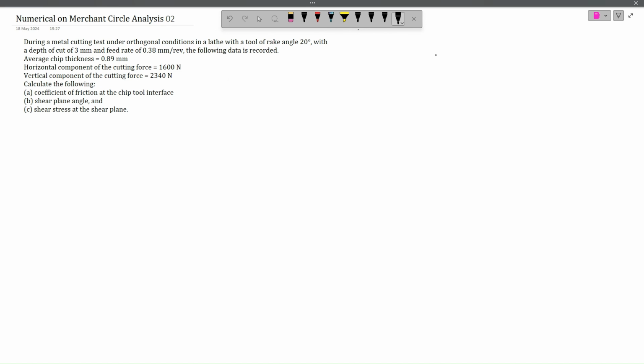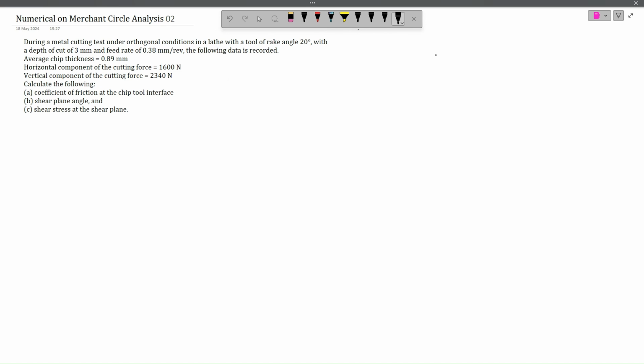In this video, we shall see how to solve the given numerical using the relations from the Merchant circle analysis. Coming to the problem statement: during a metal cutting test under orthogonal conditions in a lathe with a tool of rake angle 20 degrees, with a depth of cut of 3 mm and a feed rate of 0.38 mm per revolution, the following data is